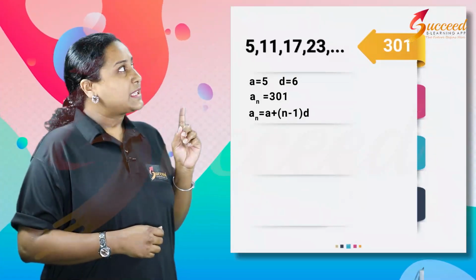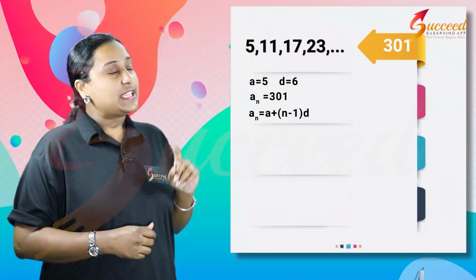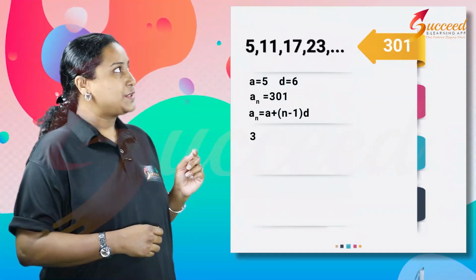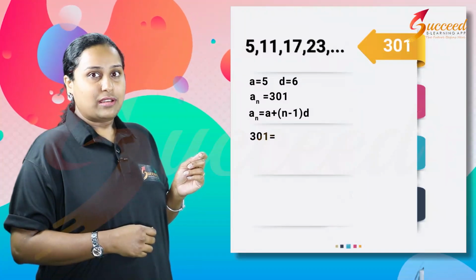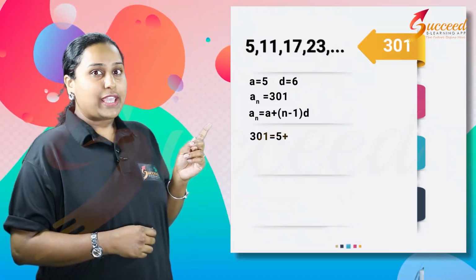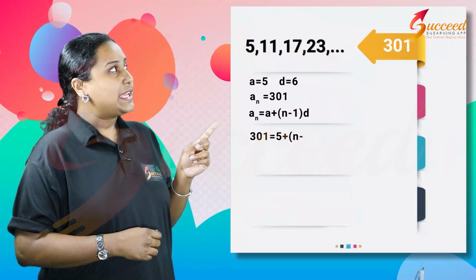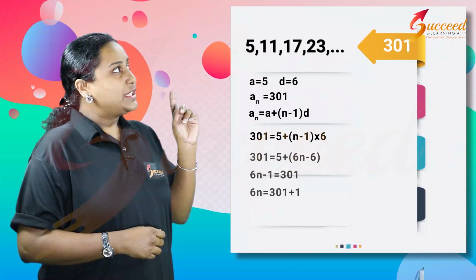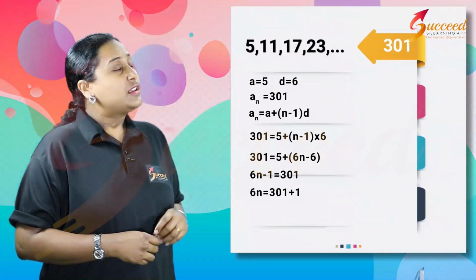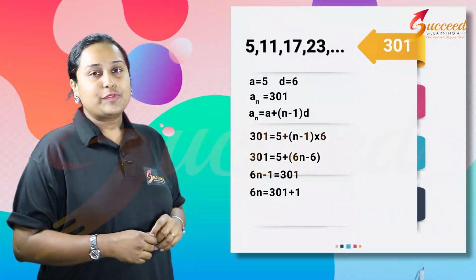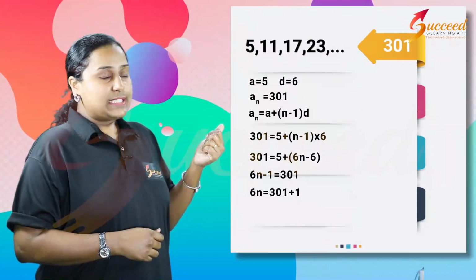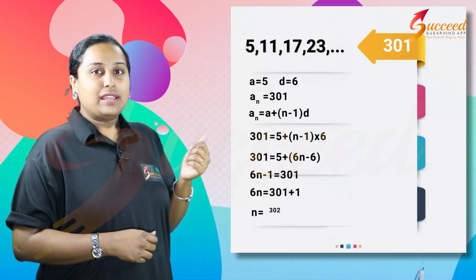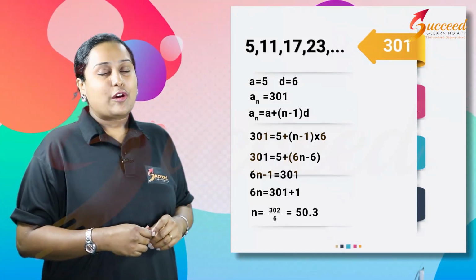Let us start substituting the known values in this particular equation. So, we have 301 equals a, in place of a you will be writing 5, plus (n minus 1) into 6. So, here n is the unknown. So, let us determine the value of n. We ultimately get n equals 302 divided by 6, which will be of the value